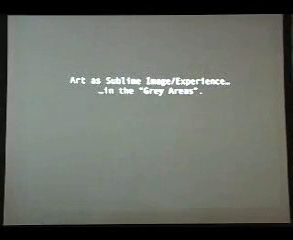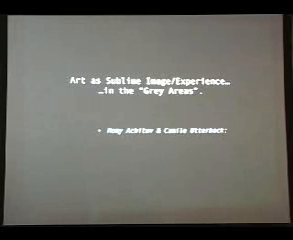So art is a kind of sublime image or experience that happens, for me, in the gray areas. What are the gray areas? This is my idea, a word I use. The gray area is a kind of boundary, maybe between the real and fiction. And we can put the art, the experience of art, onto that boundary. This is a gray area. And it functions perfectly. This is a very nice work. Romy Achituv did it in New York with Camille Utterback,